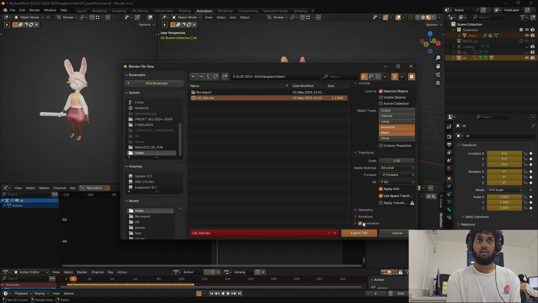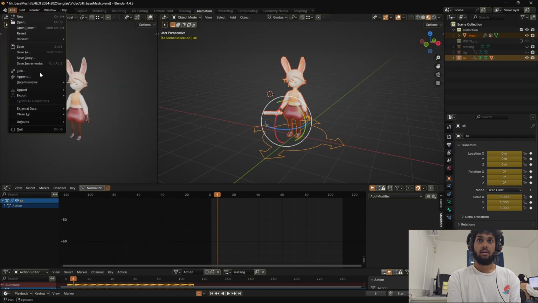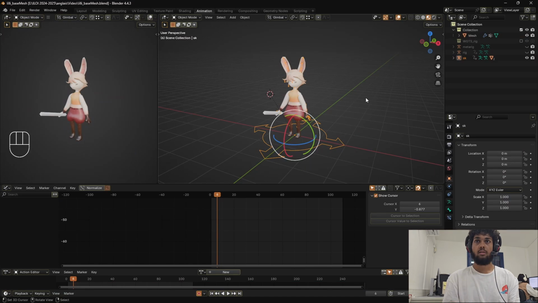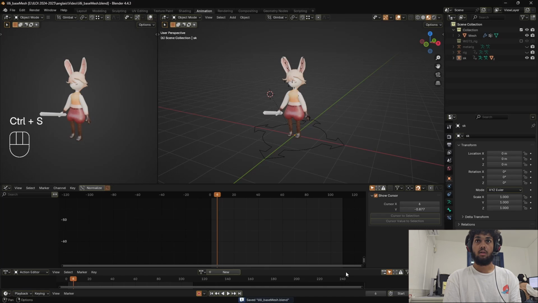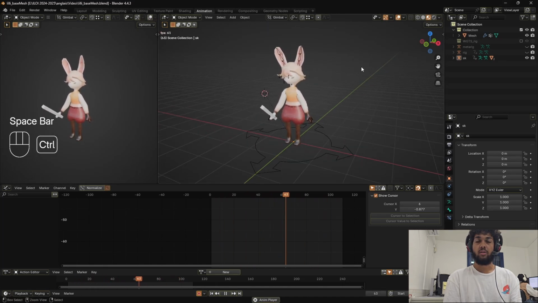Now you can revert your Blender file, and there it is. You have your FBX file, and you can just plug it into whatever you want, either Unity, Godot, or Unreal Engine,